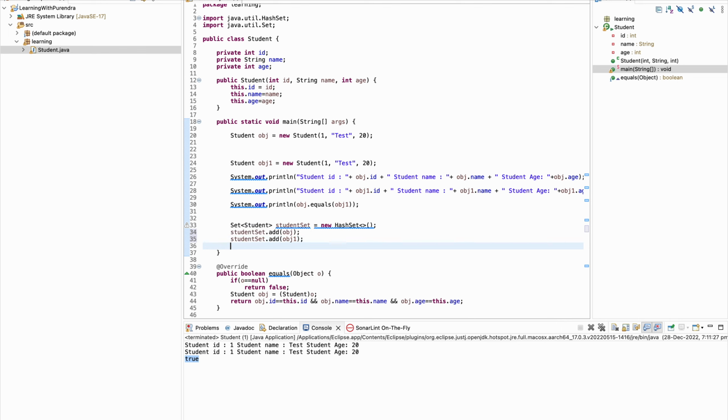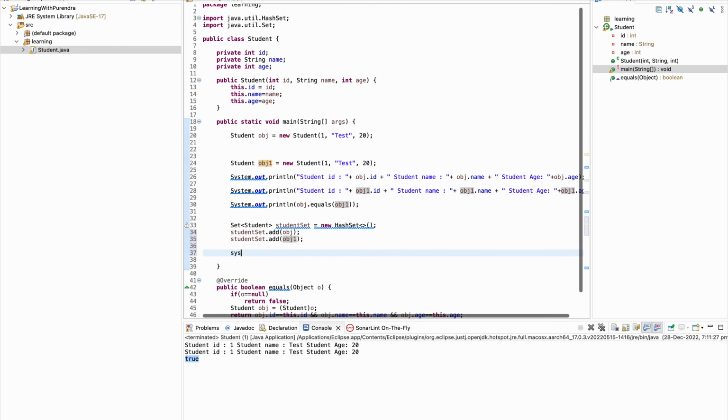If I talk about the set properties, the set should not contain duplicate values. If we try to add any duplicate value, it should override, right? So here I am adding student object 1 and student object.